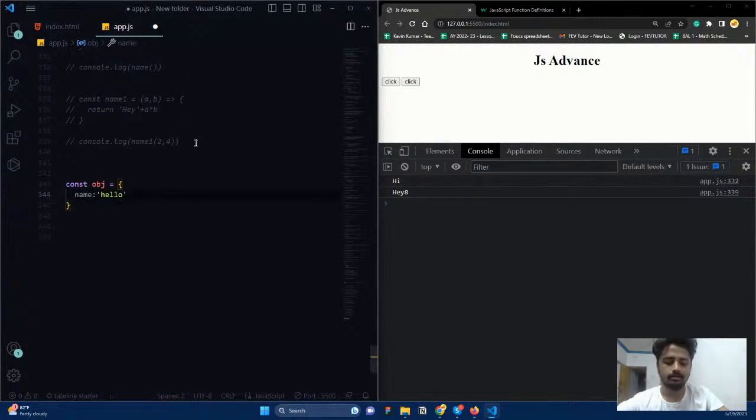Here if I create a function, equal to a function, this is also a bit like a constructor function, but it comes under a method in an object. The return